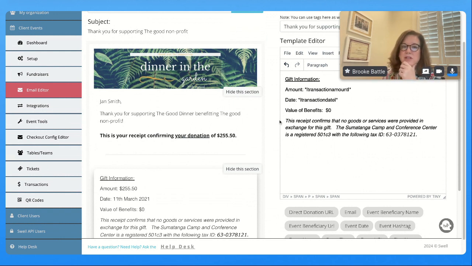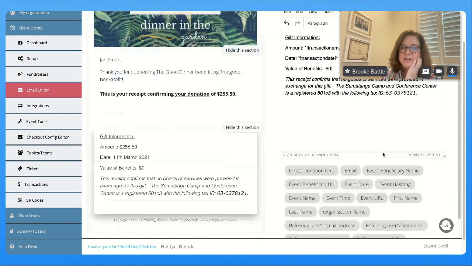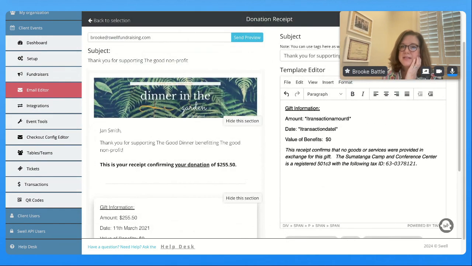And then this is their tax language at the bottom because this was an online campaign. And so this is where you can put that they've received no goods or services, the name of the nonprofit, and the tax ID of the organization here. And again, I can hit save. And this is now the receipt that would go out from every transaction, every donation that comes in through the system. What's nice at this point that I want to give you guys, it's easy to forget, is